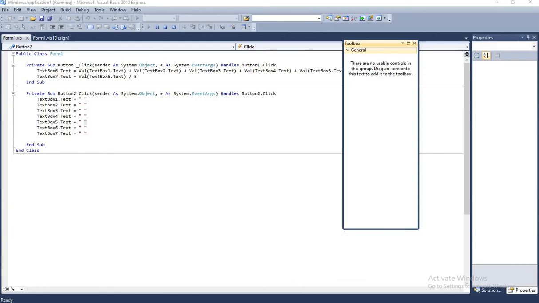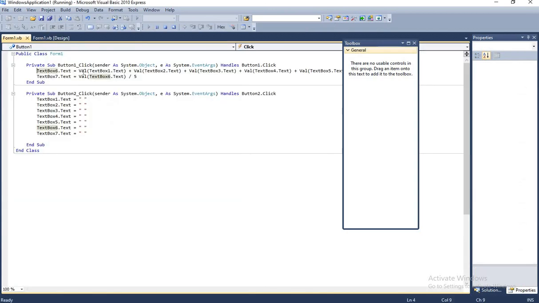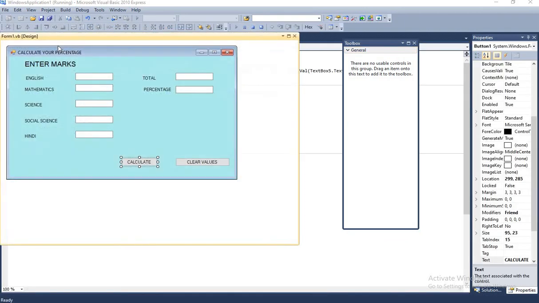So this is the whole program and the application which is given over here in the project zone. You have to practice it. I'm sending the same PDF, and you will design the complete interface like this. After that, you will write the code for the calculation. I have already introduced you to the Val function in the last class. The Val function will convert the text value into a numeric value for the calculation purpose. So the complete application is over.